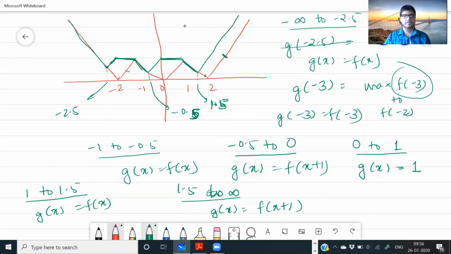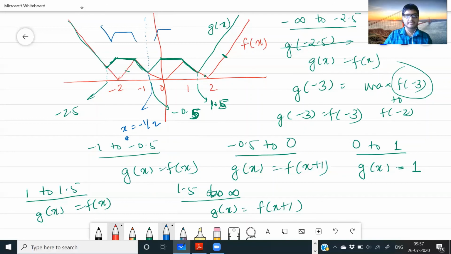Okay. Now, the graph that I have obtained in green is g(x) and in red is f(x). So if someone now asks me which is the point about which g(x) is symmetrical, clearly it is this point, x equal to minus half. Okay, about this it's symmetrical. On the left side it is something like this, and on the right side it is also something like this, exactly symmetrical also. Now how to find the points of non-differentiability?